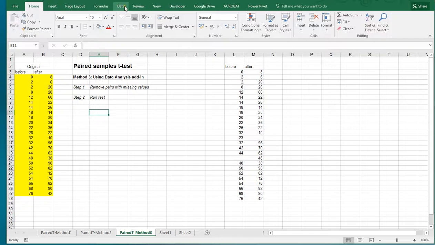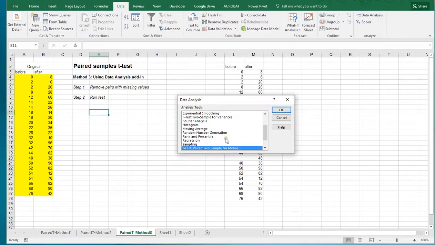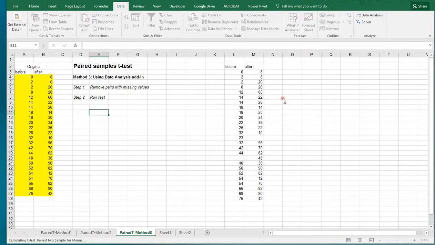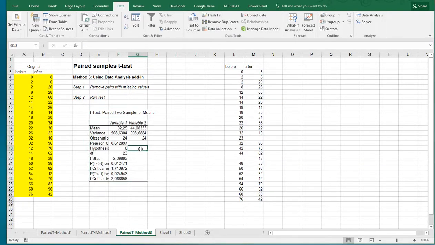Then go for data, click on data analysis, select the t-test paired two sample for means, click on OK, select the range. This is the first variable, the range for the second variable. Leave the hypothesized mean difference blank, most likely, or put a 0 in, or if you actually have an expected difference that's different from 0, then type that in. I like to see the results on the same sheet, so output range, and then I simply select the cell where I want to see the result, click on OK,